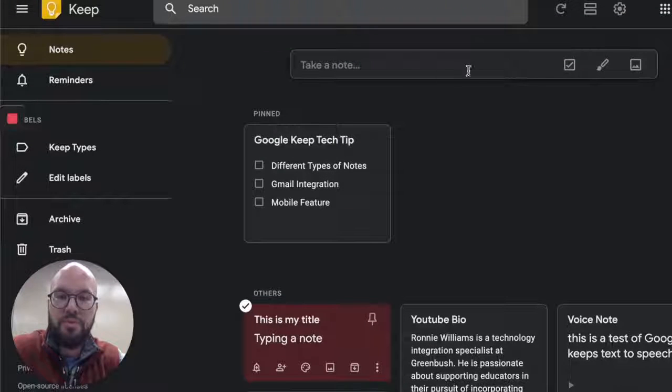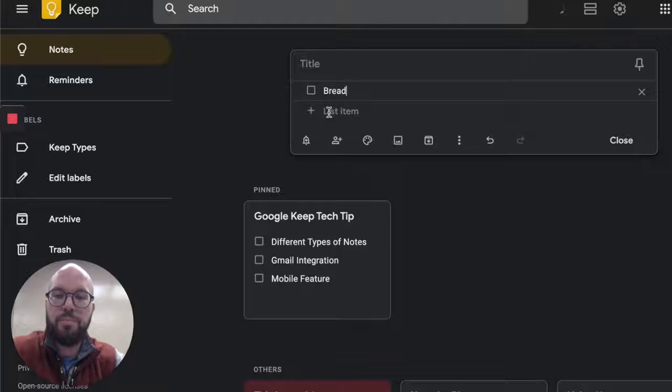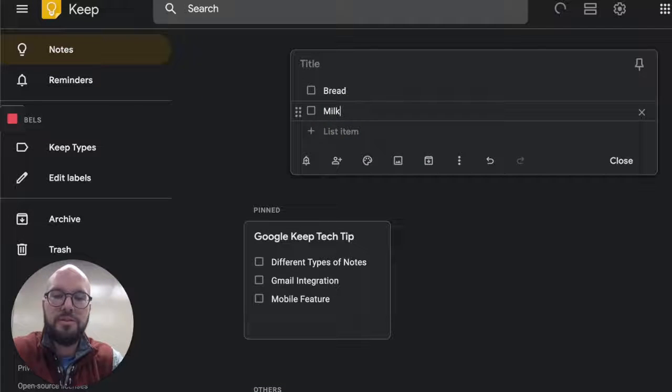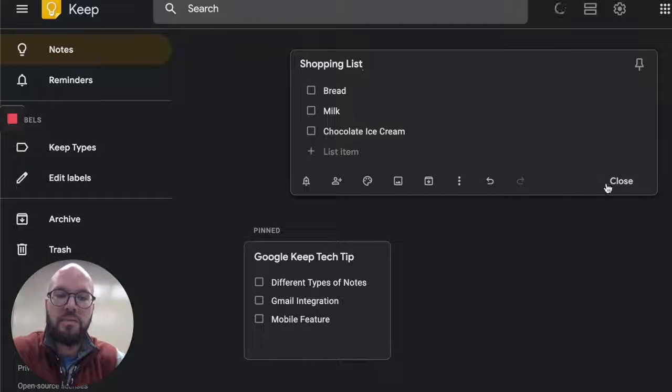So the next kind of note that we can take, the next option, is a list. And so if I click New List, then I can continue making a list by typing out different items. So maybe this is a grocery list, so I need to pick up some bread, and I need to pick up some milk, and I need to pick up some chocolate ice cream. It's possible. This is a list, so I'm going to title it my shopping list, and I'm going to click Close,